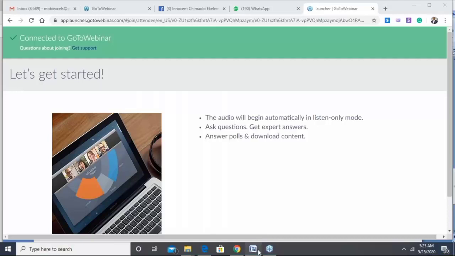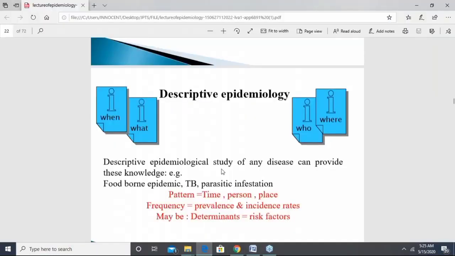Then we're going to continue our discussion in the epidemiology studies, okay? And so we have defined epidemiology, types, reason for epidemiology. So right now we are doing studies. So right now we look at descriptive epidemiology. Descriptive epidemiology is asking